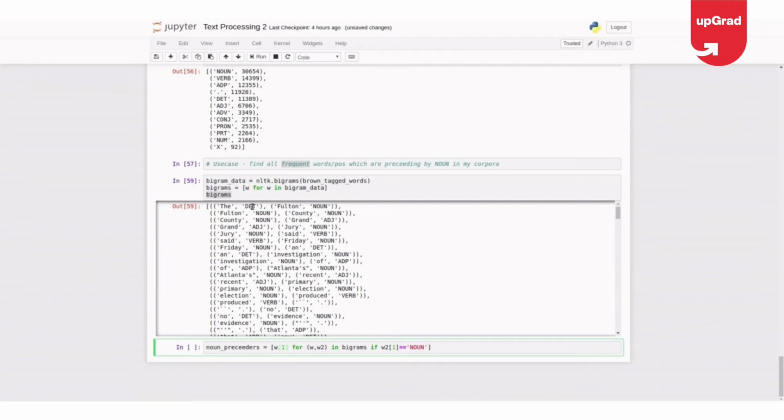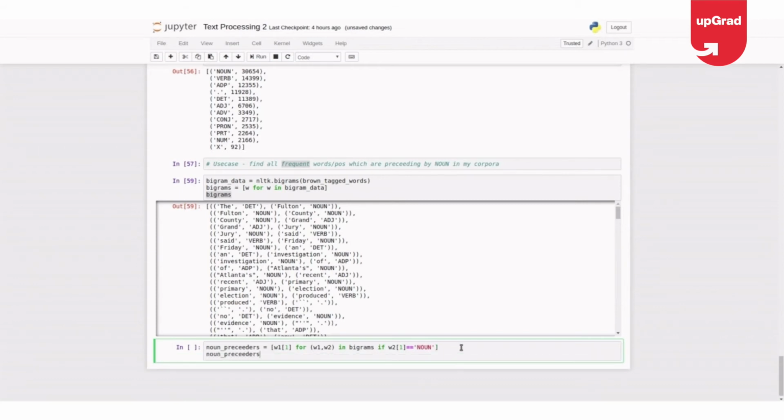W1 is the first word and W2 is the second word, so for W1, W2 in bigrams if W2 of 1 is noun. Okay, so I'm filtering this data with only getting nouns, the words preceding by nouns.